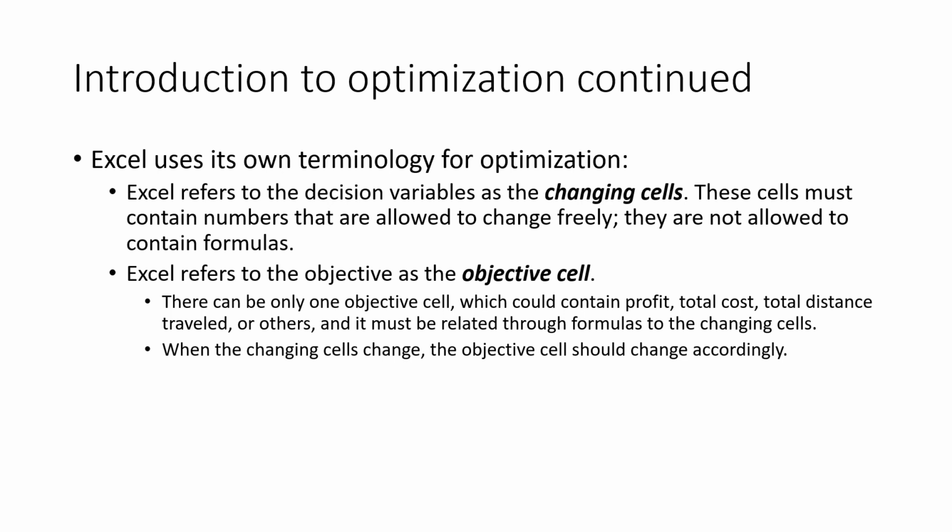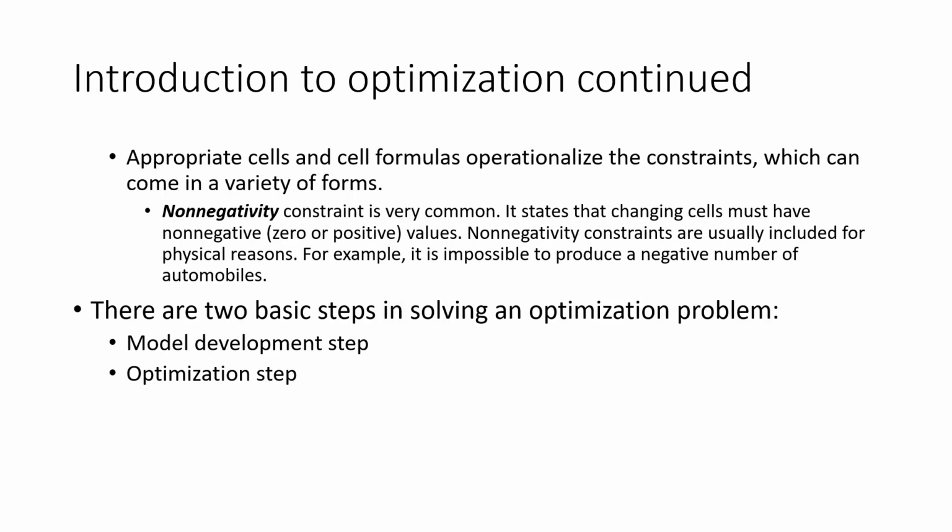on a trip. When the changing cells change, the objective cell should be linked to those changing cells, and it should change accordingly. One of the biggest mistakes I've seen students make is they forget to link their objective to the changing cells, and then they can't figure out why their model doesn't work. When you change the changing cells, your objective should change as well. Non-negativity is a very common constraint, which basically says that the changing cells have to be greater than 0, either non-zero or positive values. So for example, you can't eat negative calories, you can't produce a negative number of cars